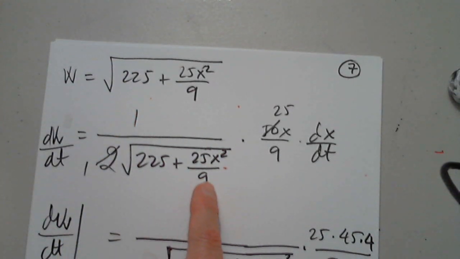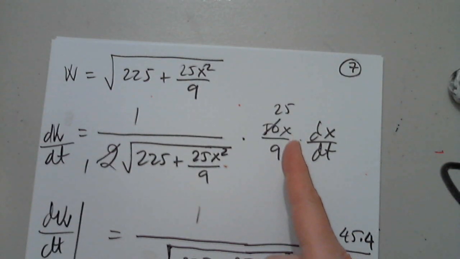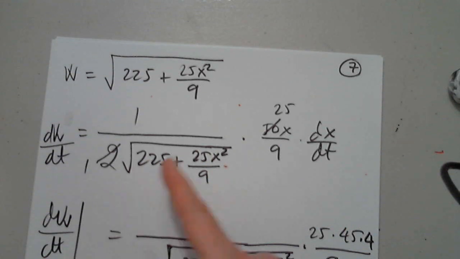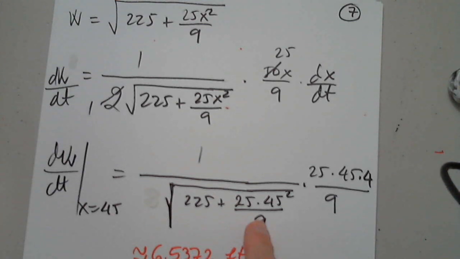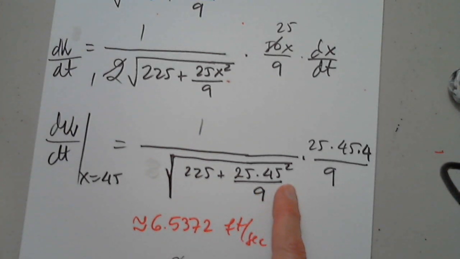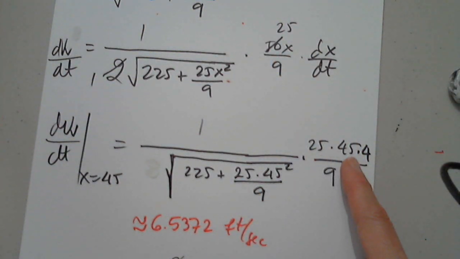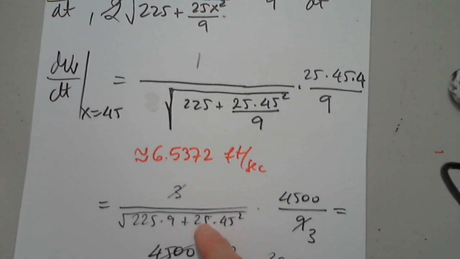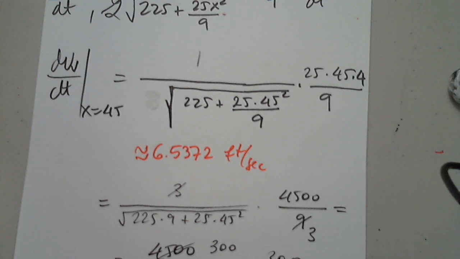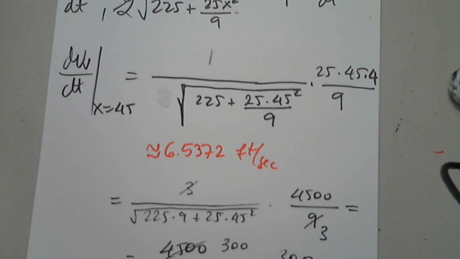1 over 2, the square root of this, times the inner function prime, which is 50x over 9 times dx over dt. We simplified and we got 25. And now I plugged it in. 25, 45 squared over 9, and this is 25, 45, yes, 9 and 4. The dx over dy, dx over dt. Okay. So I don't see any, other than I guess they want the answer as 100 over the square root of 234. Doesn't make any sense, but